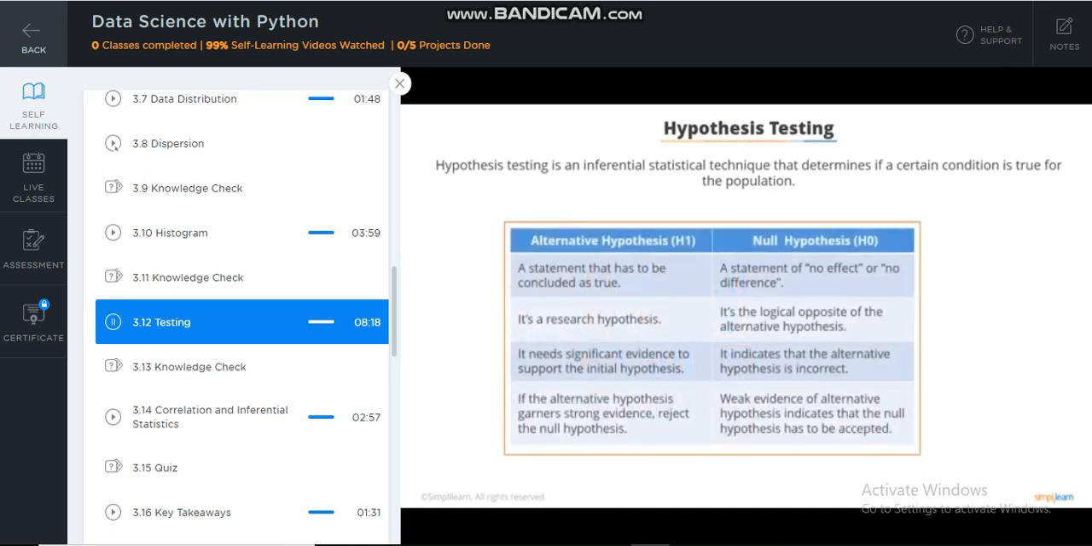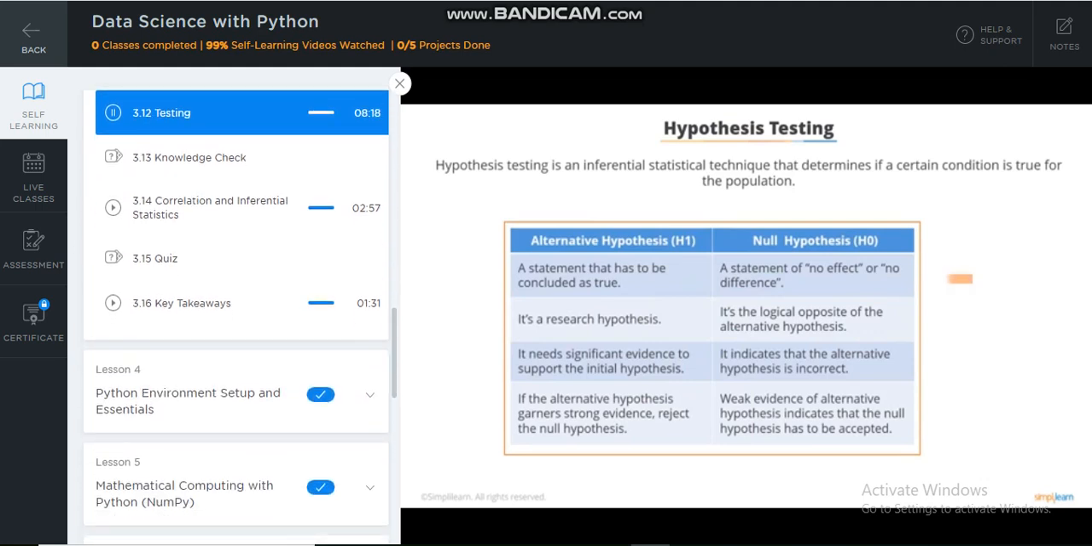A hypothesis test studies two opposing hypotheses about a population, the null hypothesis and the alternative hypothesis. The null hypothesis is the statement that has to be tested. Usually, the null hypothesis is a statement of no effect or no difference. The alternative hypothesis is the statement that has to be concluded as true. To quickly summarize,